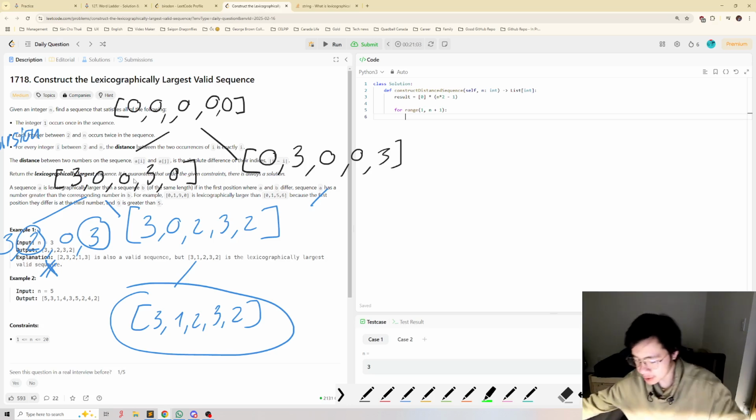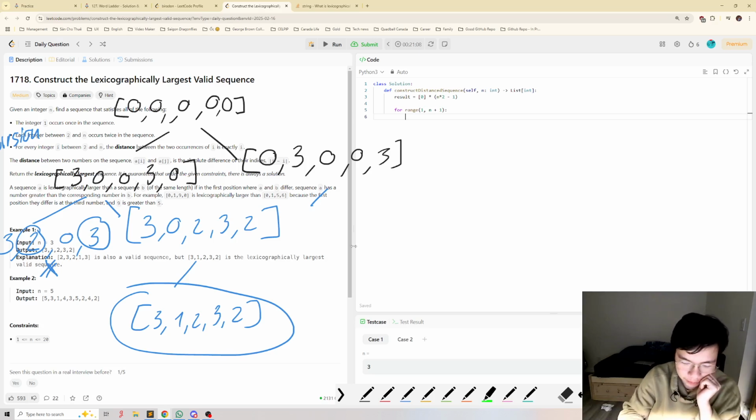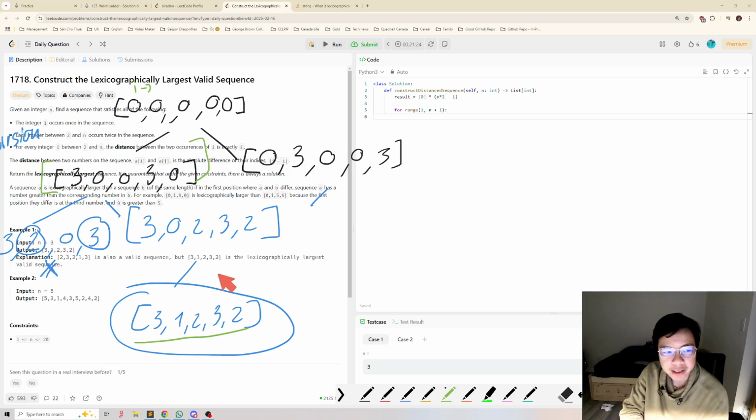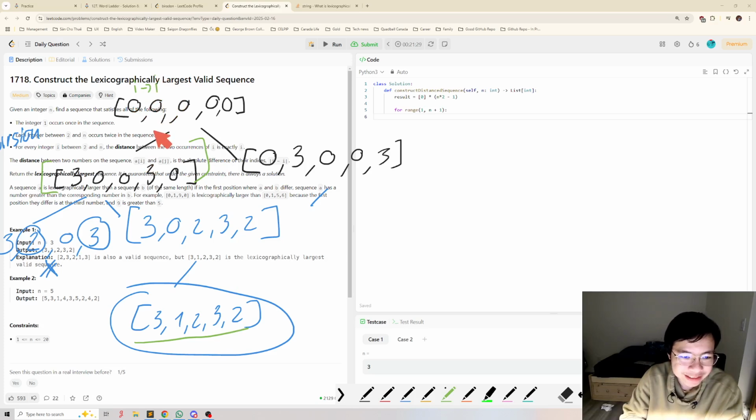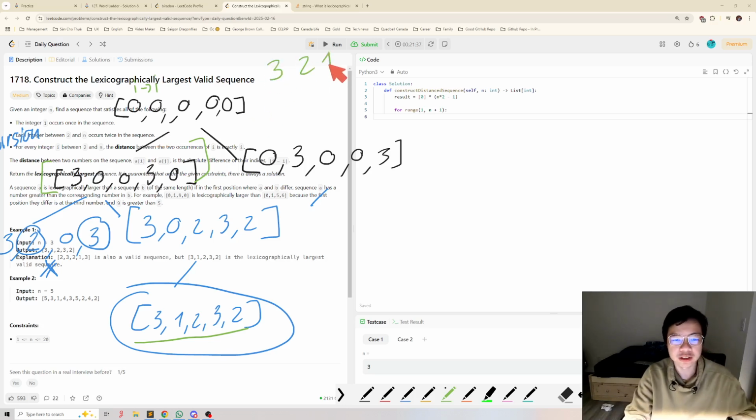Okay, I think I get something here. So what if I start from the index 0 here and I keep moving up? For one time I'm moving up, I will recurse here and then try it. If it has results, I will store it and then I can compare it later. And then I will be moving up to fill out the value. So it will be filled from 3 and 2 and 1. So if it's filled out this way,